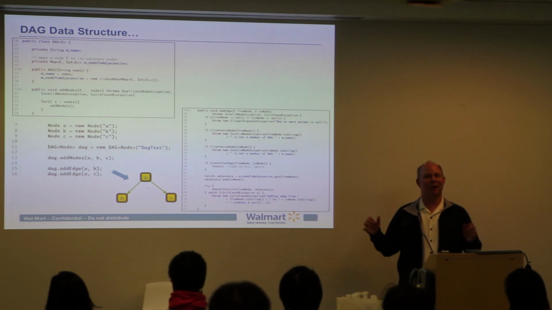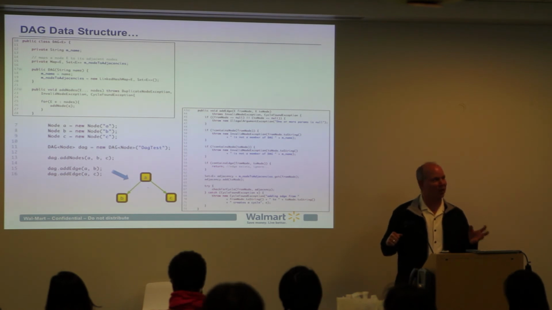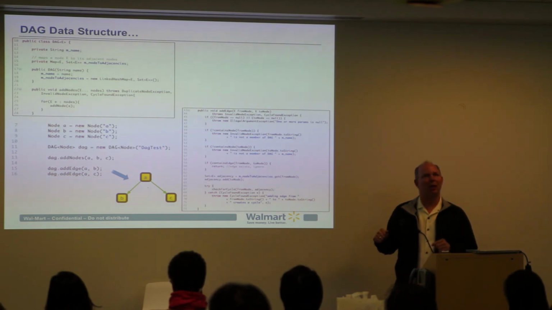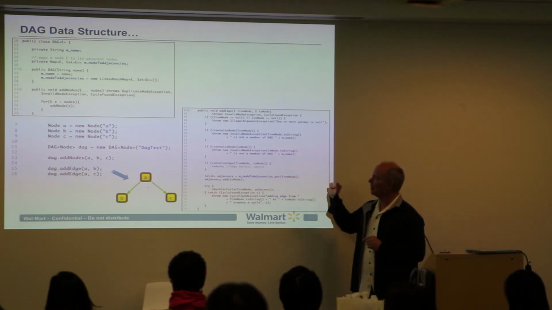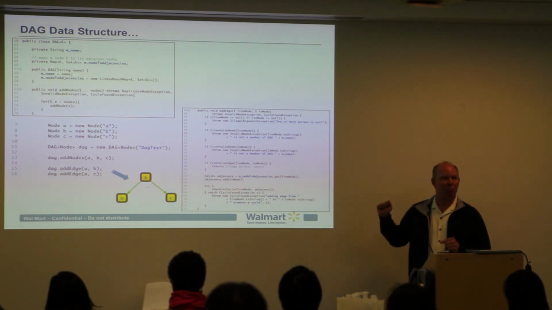It wouldn't really be a graph, would it? It would just be a bunch of nodes. So the next thing I do on 15 and 16 is I start connecting the edges. So that's where this data type becomes really important. And if you can see the code on the right-hand side here, you'll see some of the more important